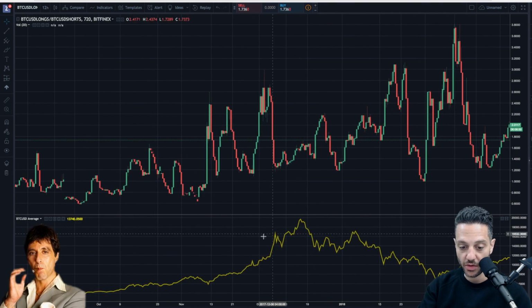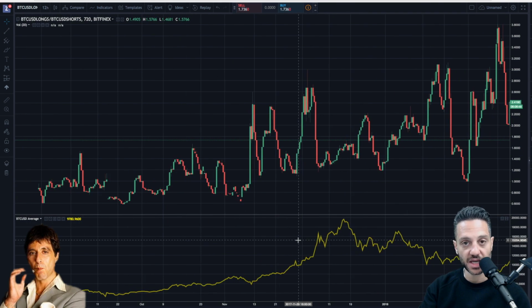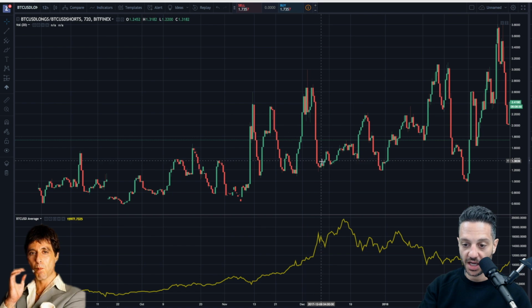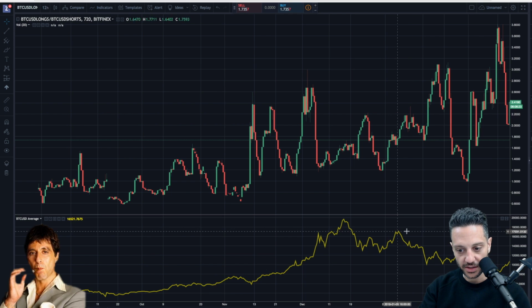And again, if you go back as far back as this data is compiled, you'll see the same dynamic occur. So we see this drop right here in longs, right? And you don't really see the effects of that until a little bit later, where you see the price bottom out here. And then there's this little rally, and you don't see the price rally back up until a few candles later or a few days later.